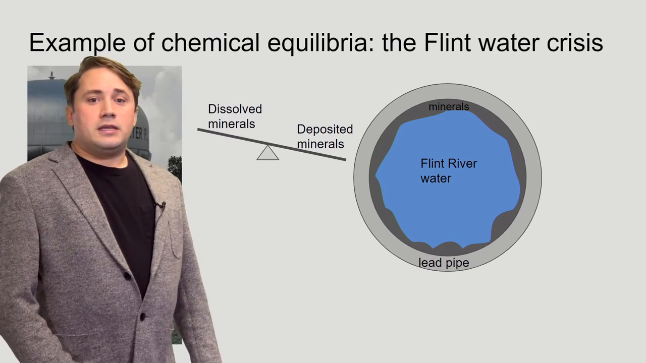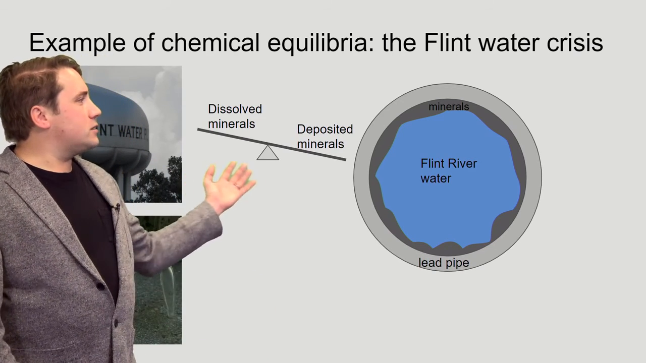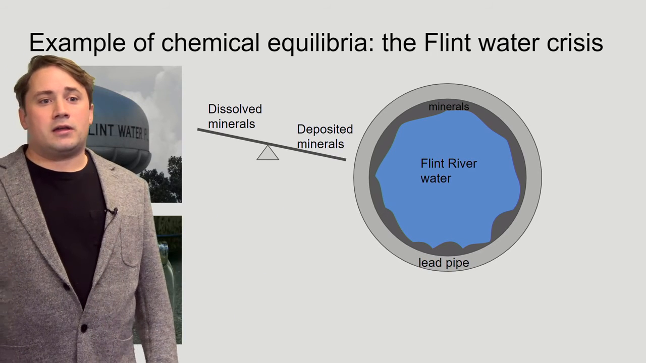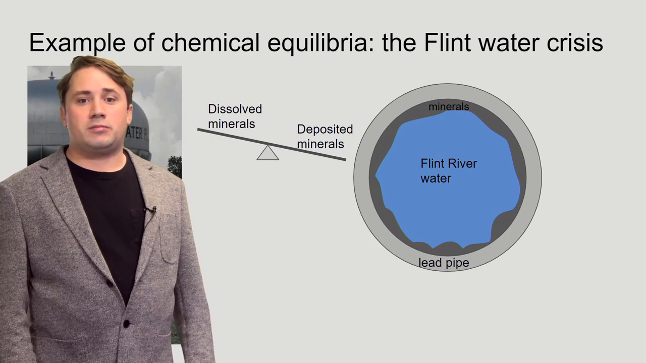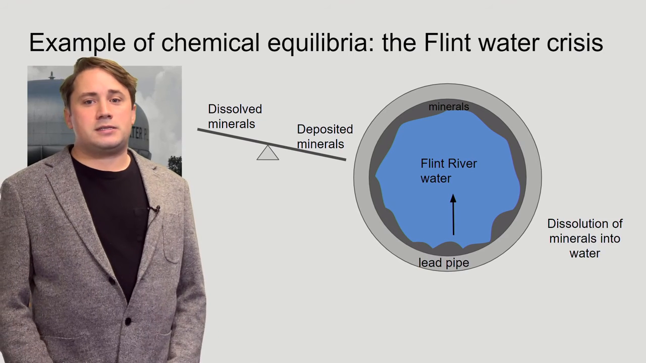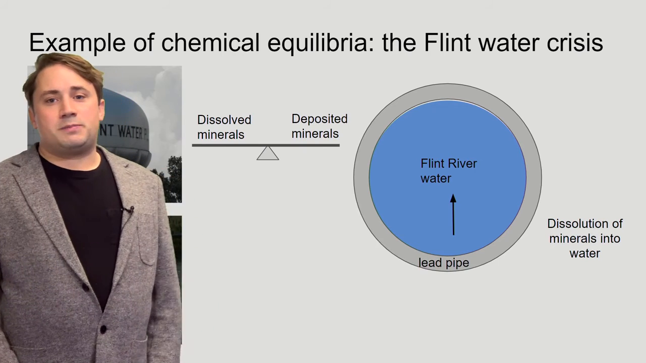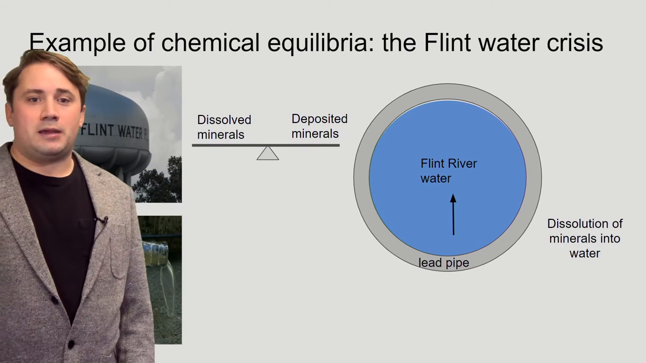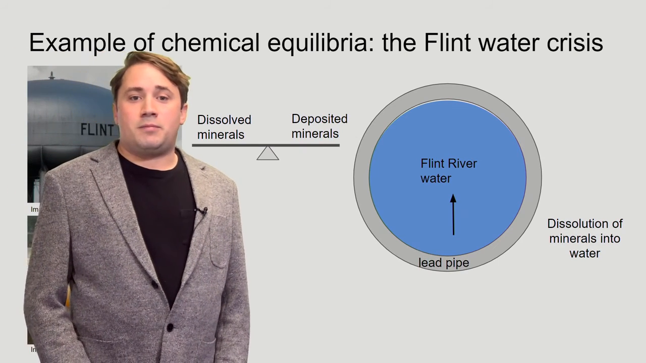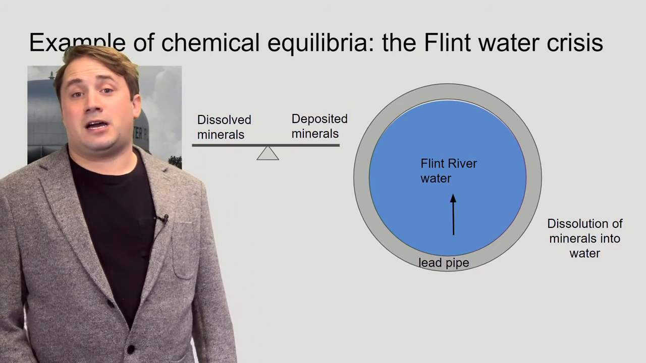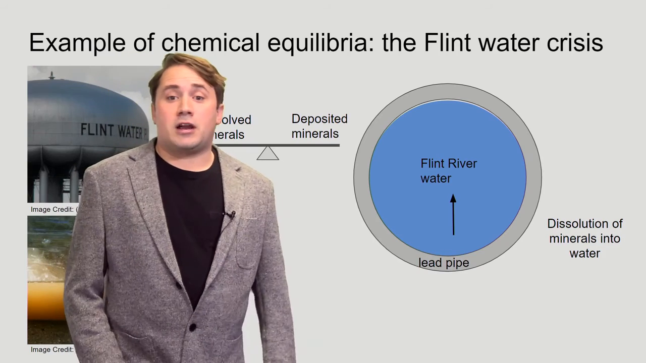As a result, the equilibrium between dissolved minerals and deposited minerals shifted such that when the chemical system moved to restore equilibrium, these crusts dissolved from the walls of the pipes, eventually directly exposing drinking water to the lead pipes, causing massive lead poisoning, with lead levels in drinking water between 10 and 1,000 times what the EPA recommends for